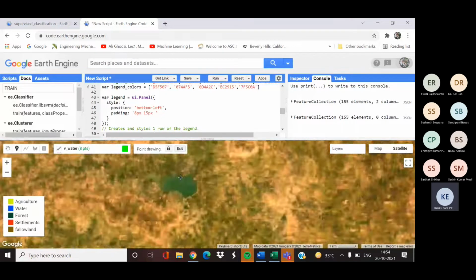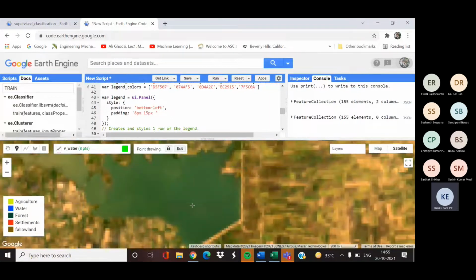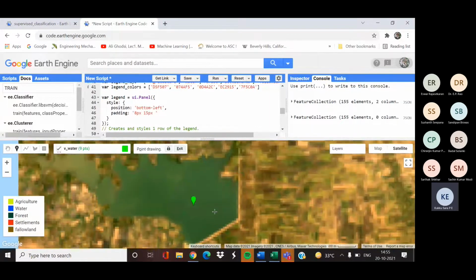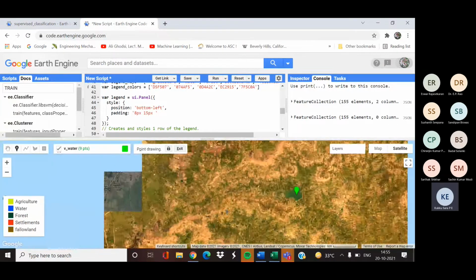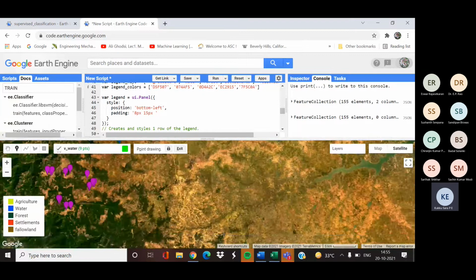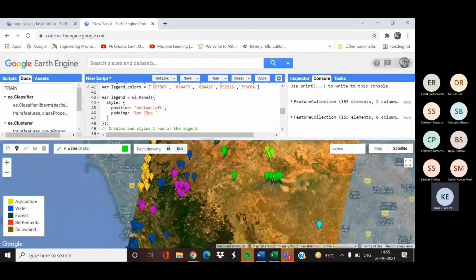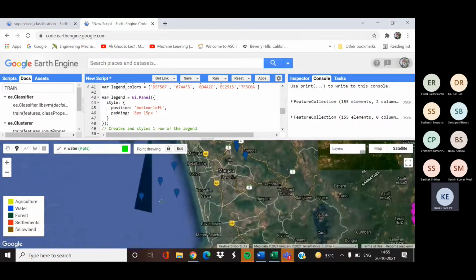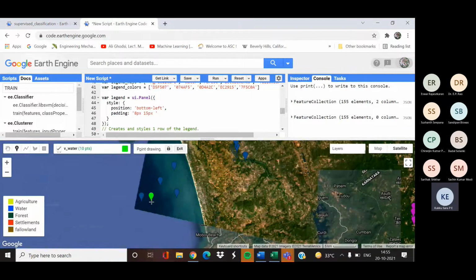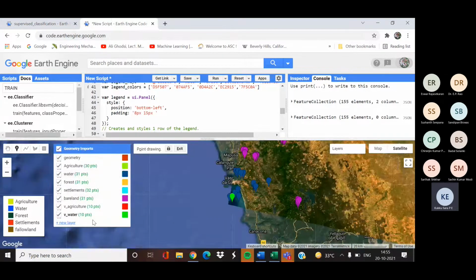Using these validation points, we'll check whether our classified image has correctly classified each of the pixels. So 10 points for water body are collected.